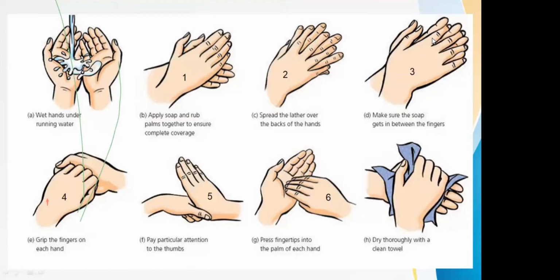Then the second point is spreading the lather over the palmar surface or the dorsum surface of the other hand. This is your second step, right? The third one is your interdigital spaces. This is your third step. The fourth one is the fingertips. You are just forming a knuckle, and this is how you clean for the fourth step. Remember it as 4 and forming a fist. This is nothing but your fourth step. You are cleaning the tips of your fingers, right?